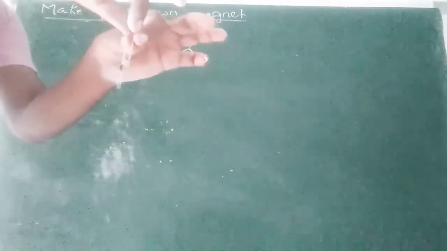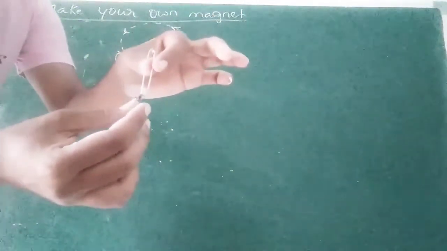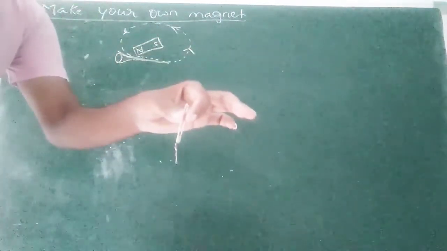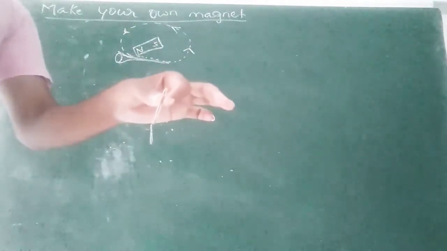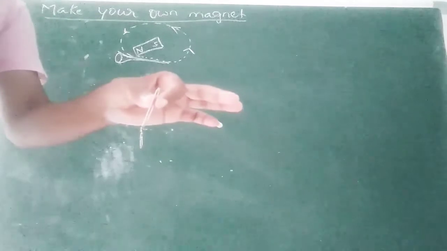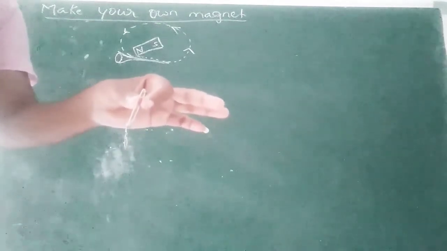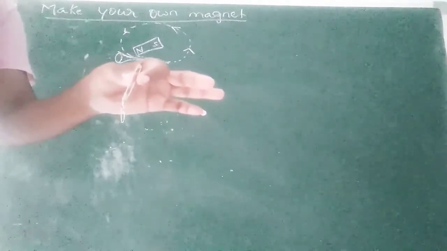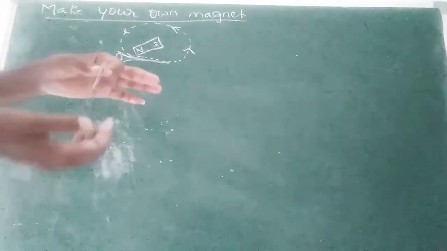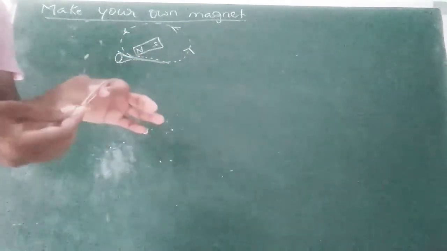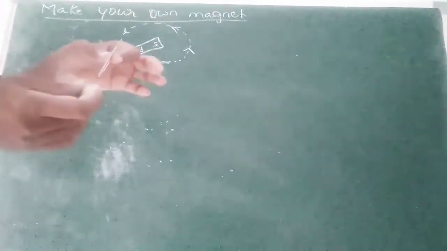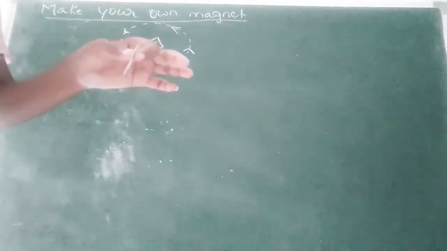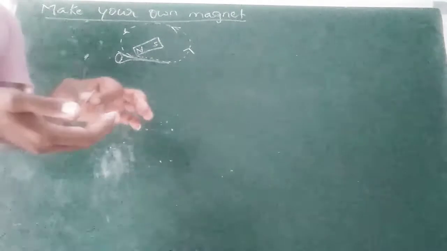Here is one safety pin and here is another safety pin. Let's check another time. Does it attract or not? Yes, it is attracting. So we can make a magnetic material into a magnet by the single touch method. We have so many methods, and one of them is the single touch method. In this way we can make a magnetic material into a magnet. It retains its magnetism only for some time, not for long. Let's try another time. Yes, it also has its magnetic property for some time. In this way we can do this.